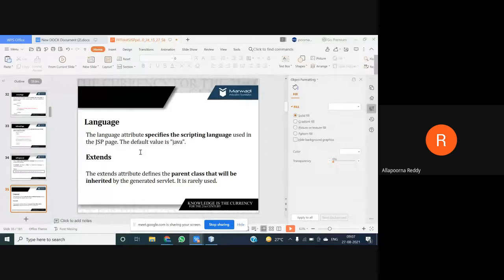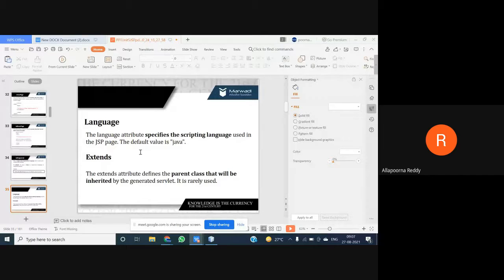So we can use different languages, which specifies our scripting language. But by default we prefer Java only, you know that, because as you are writing your JSP, we mostly take Java, because your compiler, or I can say the JSP translator, will convert the .jsp into .java. That conversion is going to be done.